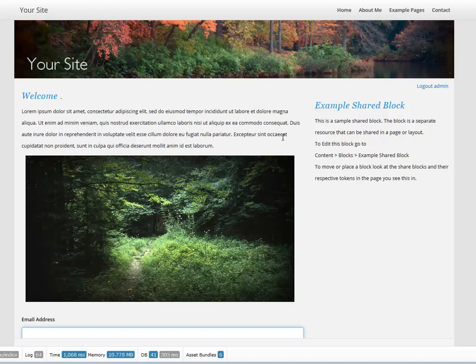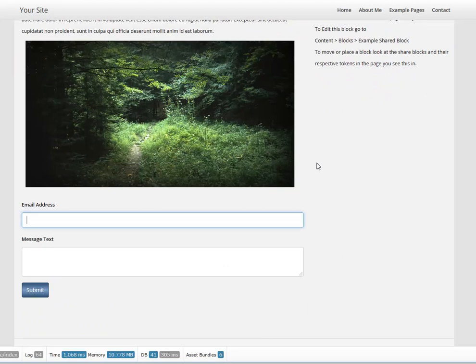Anyway, so there we are. That's the basic thing about forms, and I hope